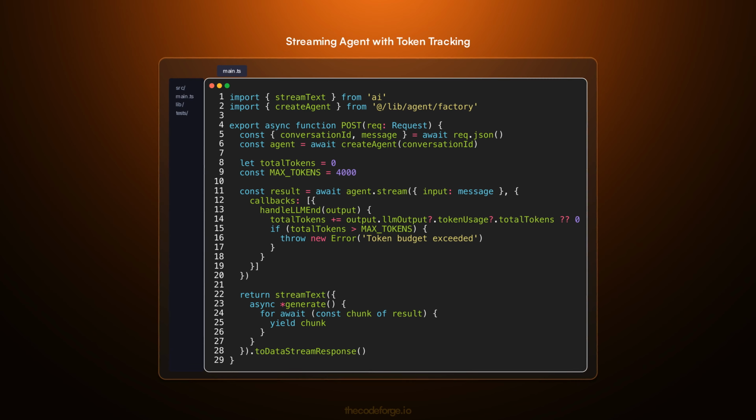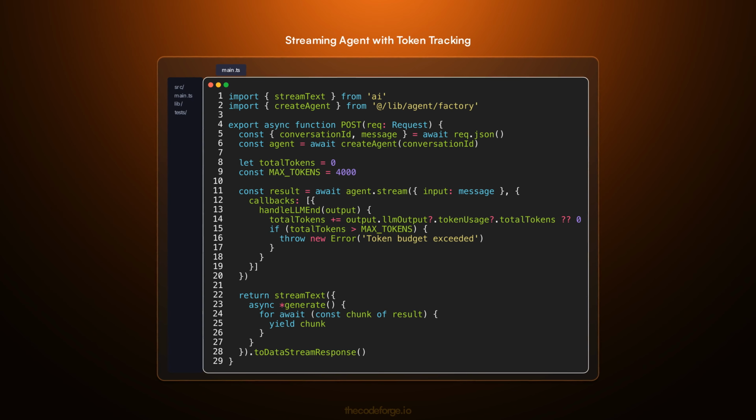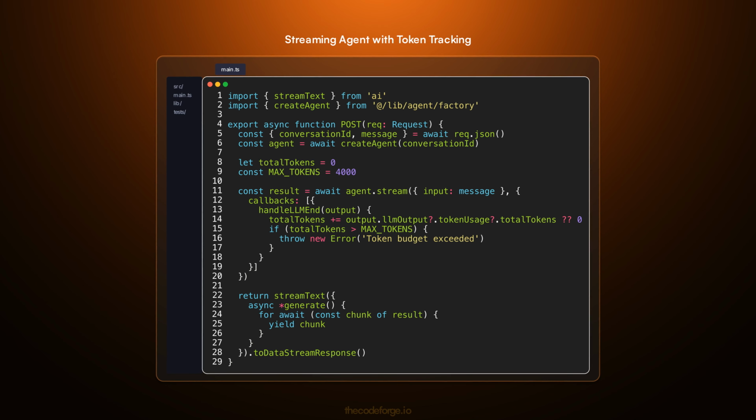The article shows streaming with streamText, but doesn't integrate token tracking per iteration. Here's a pattern that wraps the agent stream to log token usage and enforce a per-request token budget, returning an